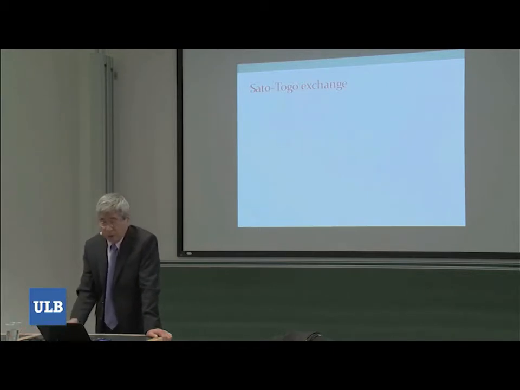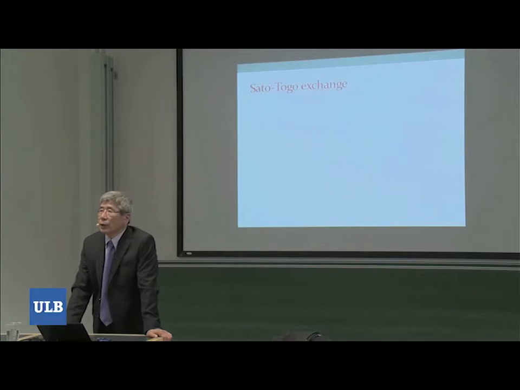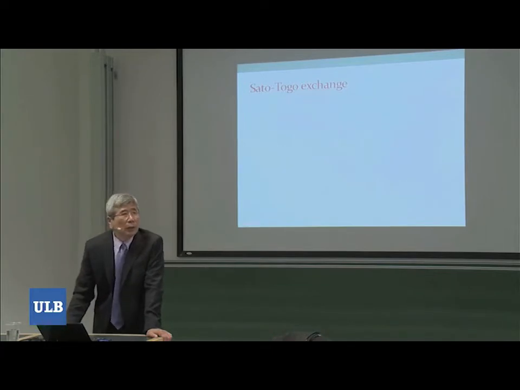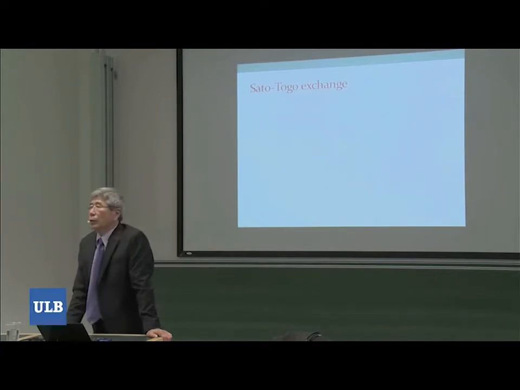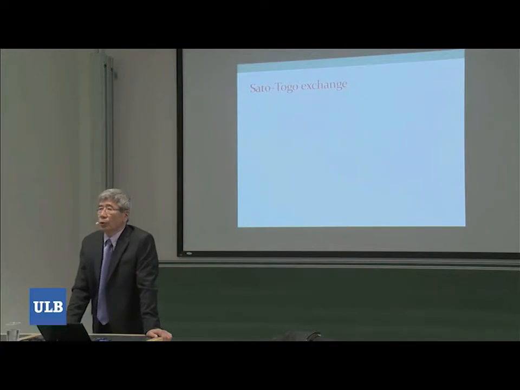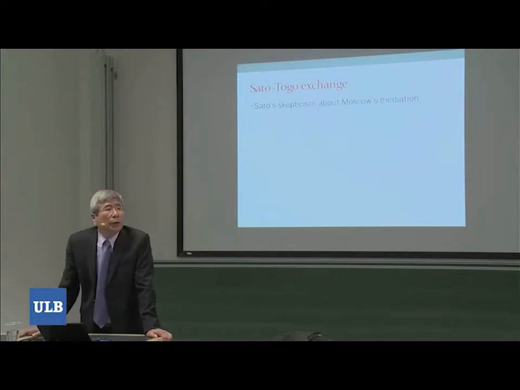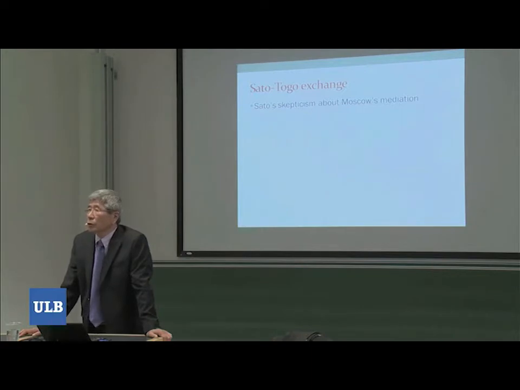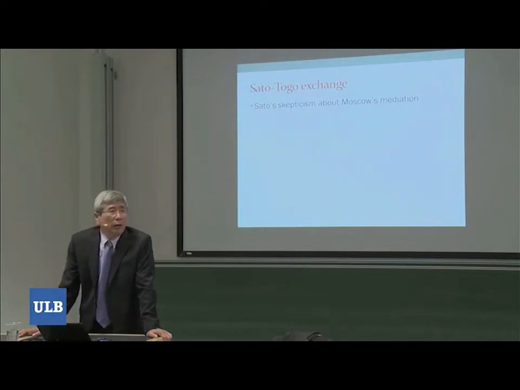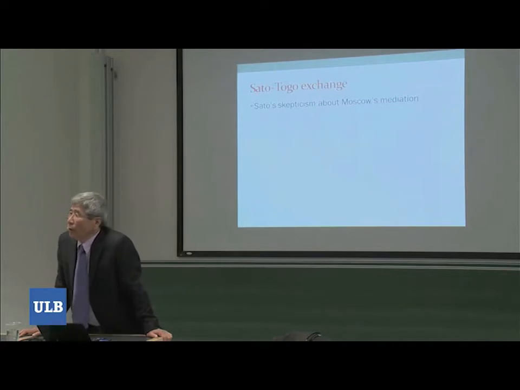Now, behind this scene, there is the debate between Ambassador Sato and Foreign Minister Togo. Sato was a very, very able diplomat, very clear thinking. And he was very skeptical about the Japanese move to approach Moscow. He says, there's no way that Moscow would accept